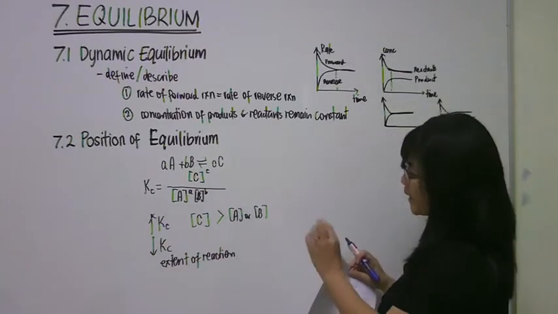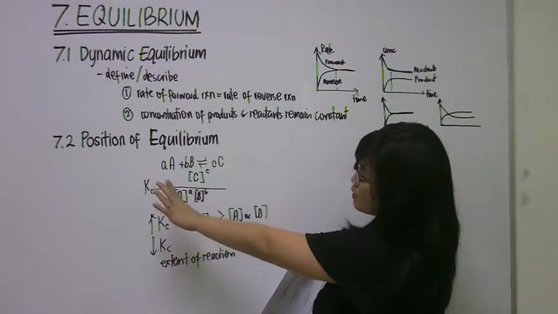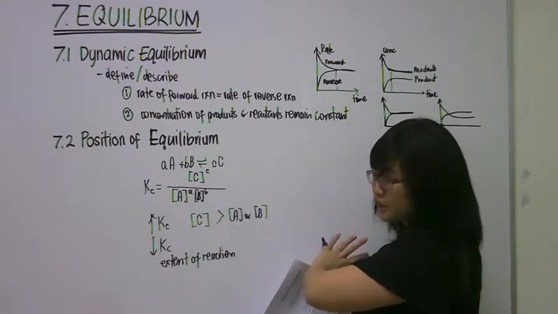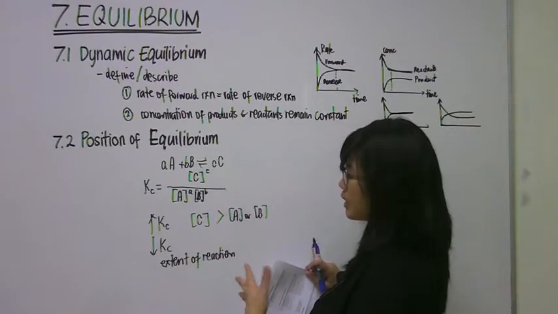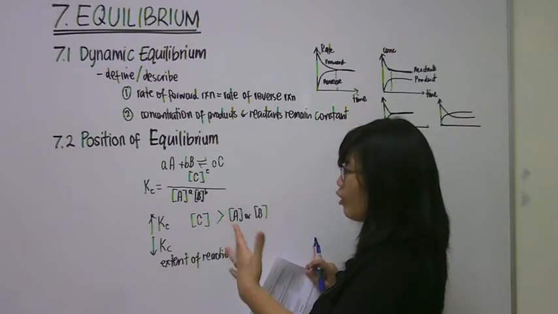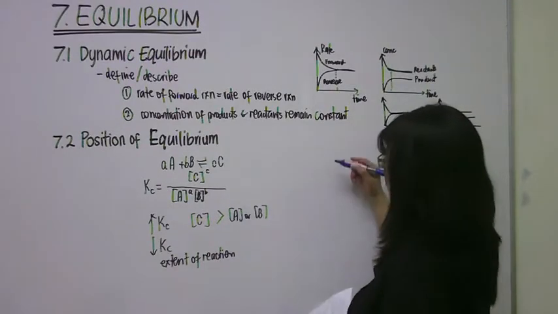Okay, or we can say that when Kc is really high, or a lot greater than 1, you can say that the forward reaction almost goes to completion. But if Kc is really small, or a lot smaller than 1, you can say the forward reaction almost doesn't go. Okay,